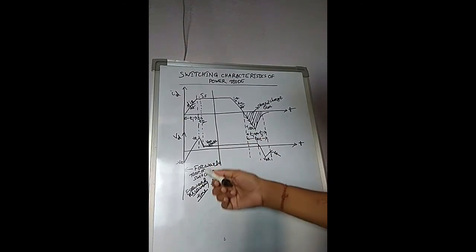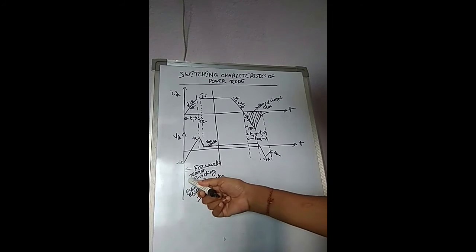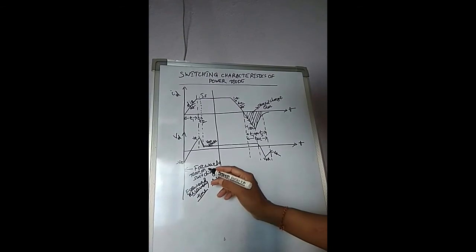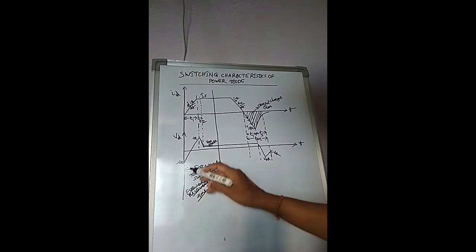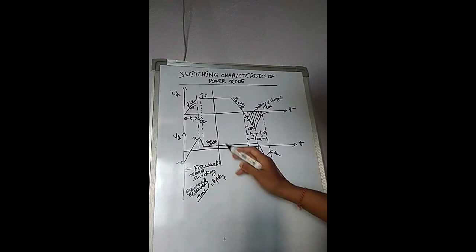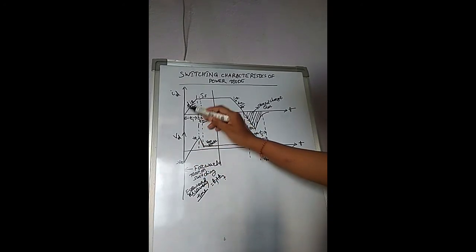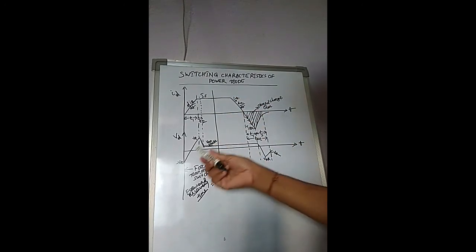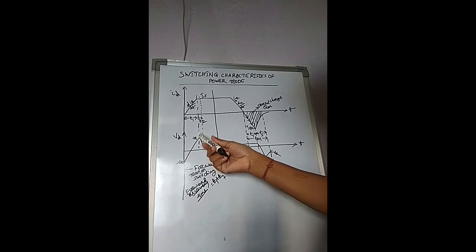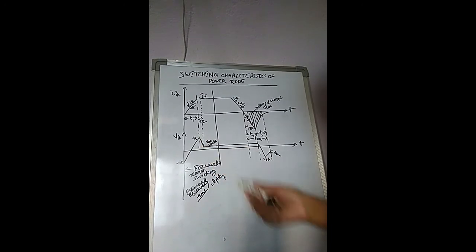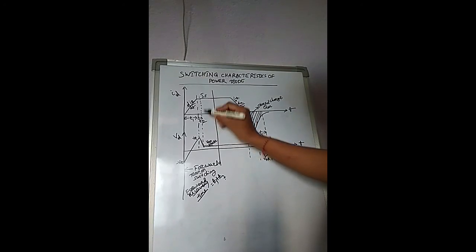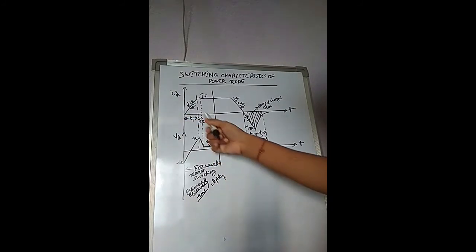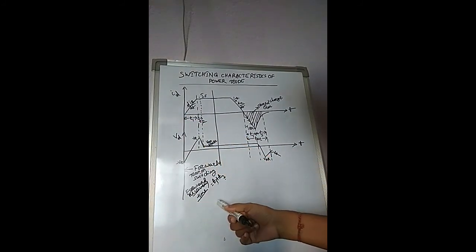So during the switching characteristics of the diode during turn on, the current gradually rises and remains in a stable position, and the voltage also overshoots, oscillates to a peak level, then decays and again remains at a stable level. So now after T2, the diode remains in the on state. And the time required to turn on the diode is known as the forward recovery time.